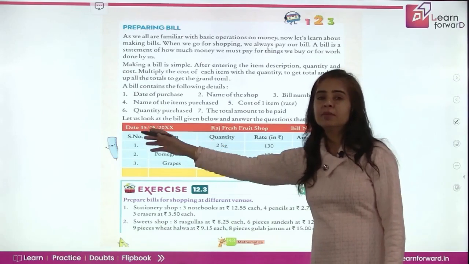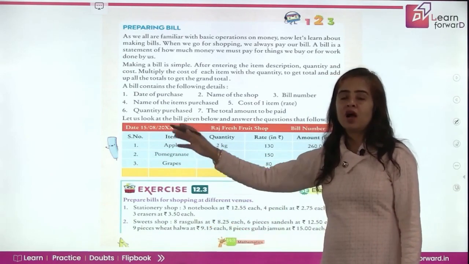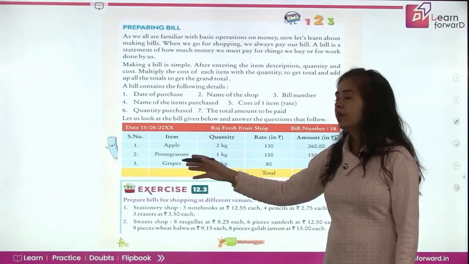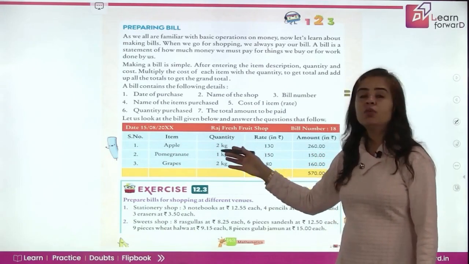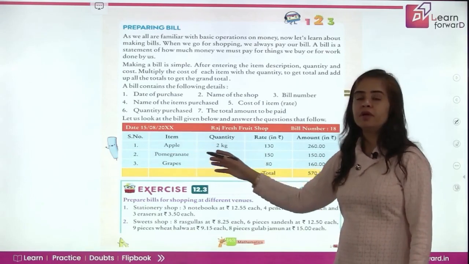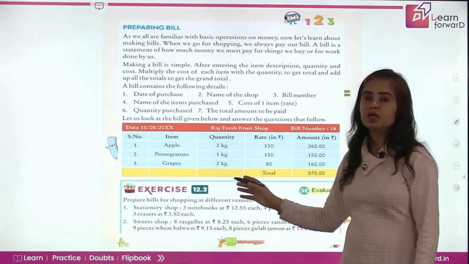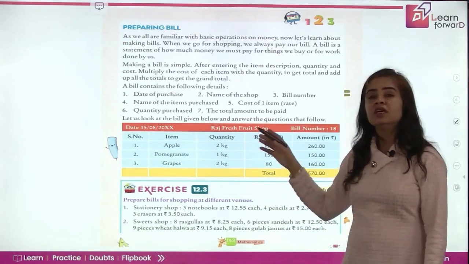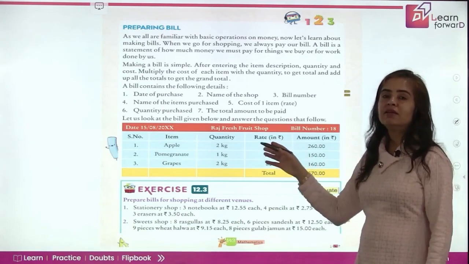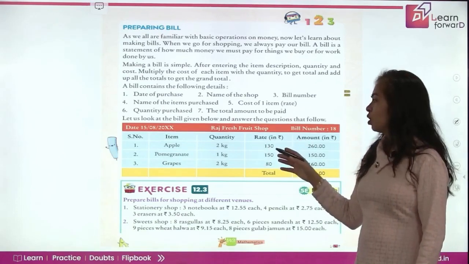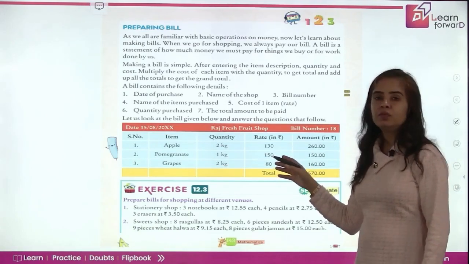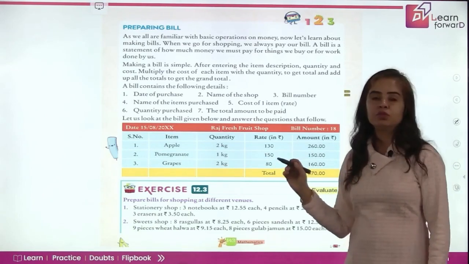First is serial number. So he mentions what all, how many things you are buying. Then items, you are buying apple, pomegranate, grapes. Then he mentions how much you are buying, the quantity. So apples you are buying 2 kg, pomegranate is 1 kg, grapes again 2 kg. After this, he mentions the price per unit. So this is called the rate in rupees. So the cost of apple is rupees 130 per kg, pomegranate rupees 150 per kg, and grapes rupees 80 per